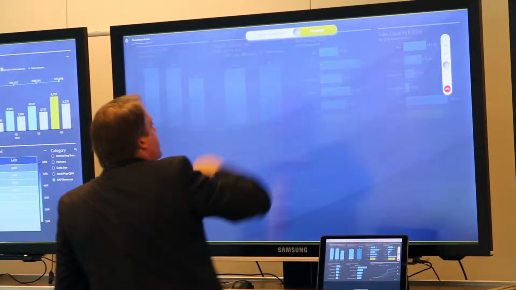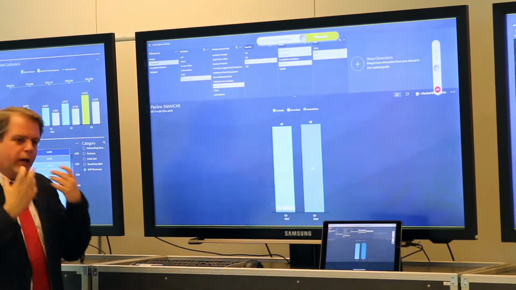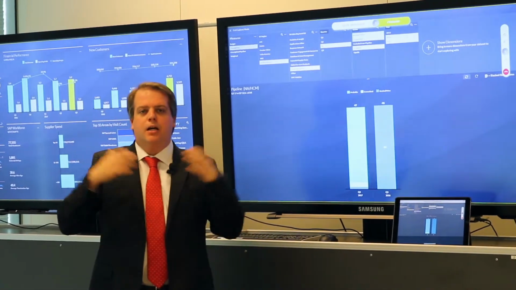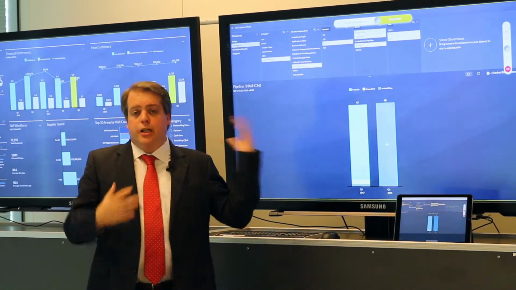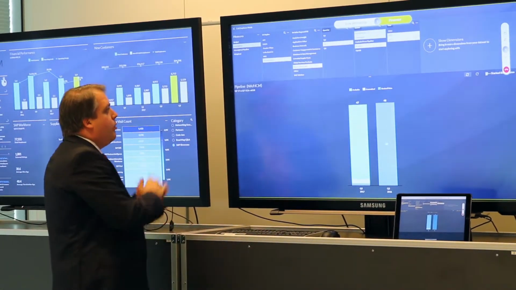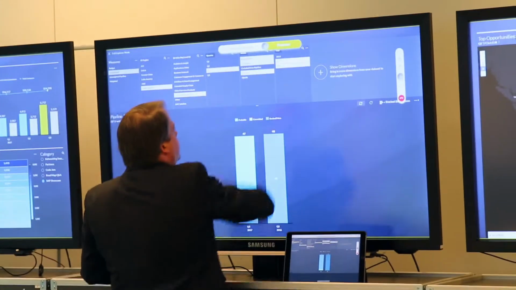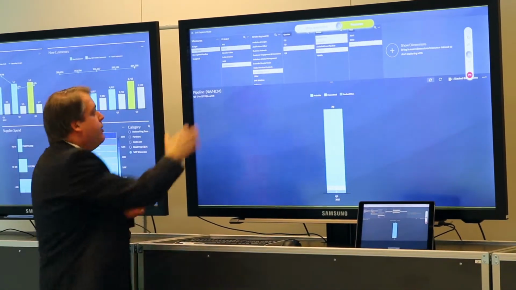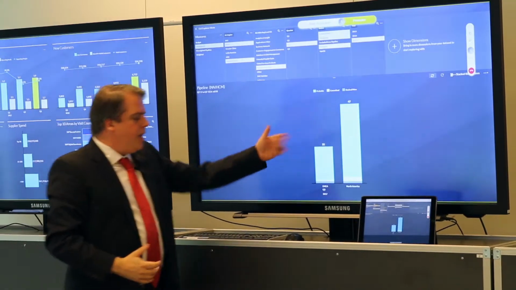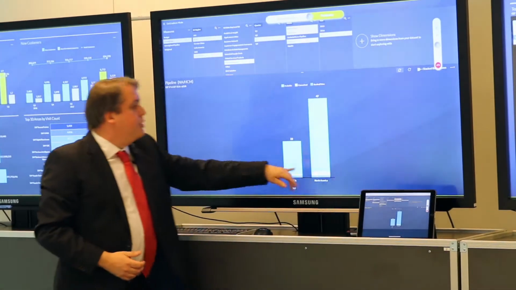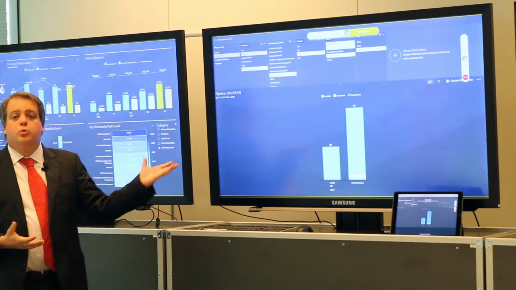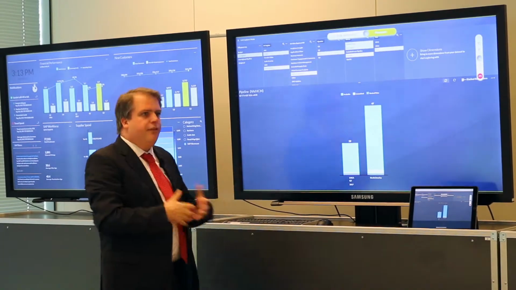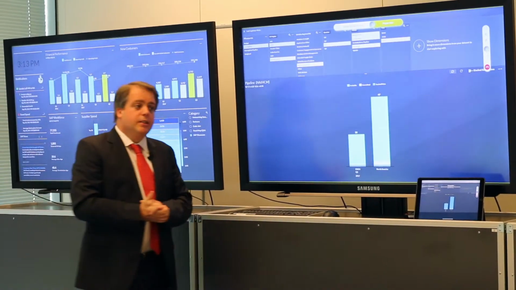What I can now do is go into what we call explorer mode, where I can really explore my data. Nothing has to be prepared. It's really exploring data in a raw format, meaning that you can answer all the questions without the need to prepare them. I'm just going to look at 2017, and I'm also going to look at EMEA, so I can filter the different values and choose the values to display. And what do I see? I see that North America is indeed doing a little over twice what EMEA is doing for this specific business, which is quite interesting and validates the concept that the US is doing quite well.